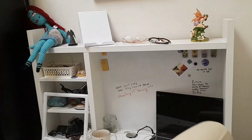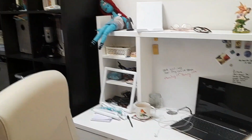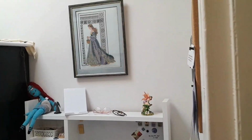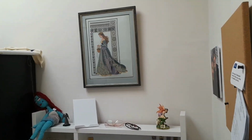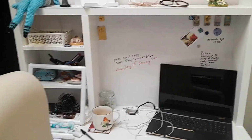Look. Okay, it doesn't look as good as it did the other day, but this is my crafting area. Come back a bit so you can see how it looks. My absolute favourite thing in here